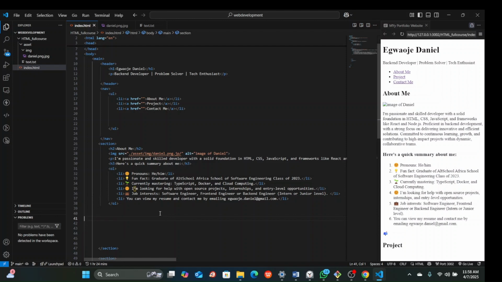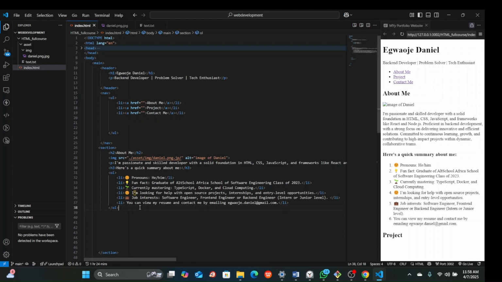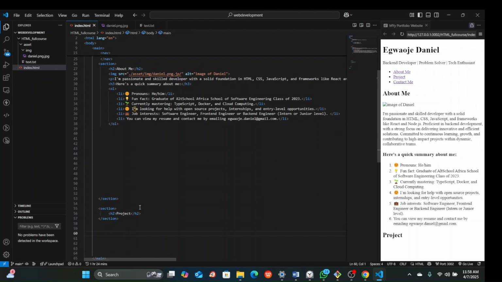You see our code is getting longer, so you can even come here like this and collapse it gradually. But I will leave it open so that you can actually see what I'm doing. Let me just close the head. I can close the head and open the body. Good. So the body is open. So let me just move down a little. I don't know what I placed behind. Okay, this is the ending of